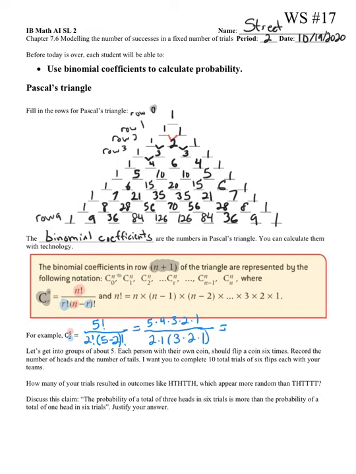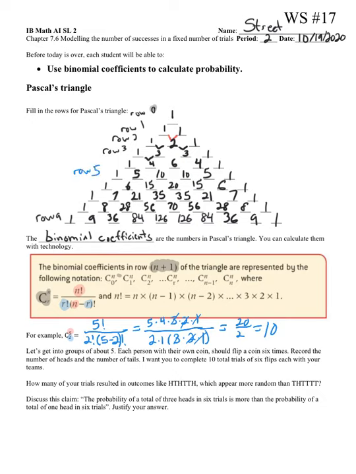And then what we would do is just go ahead and simplify this. For example, I have the 3 times 2 times 1, I can get rid of all those. And then I have 5 times 4 is 20 divided by 2 is 10. This is what I would call 5 choose 2, is the way I would say it. So 5 choose 2 is 10. And what that's doing is saying if I went down to row 5 in this column,